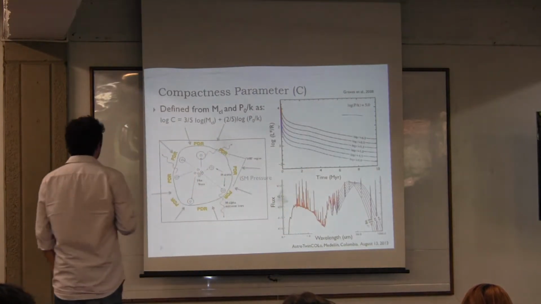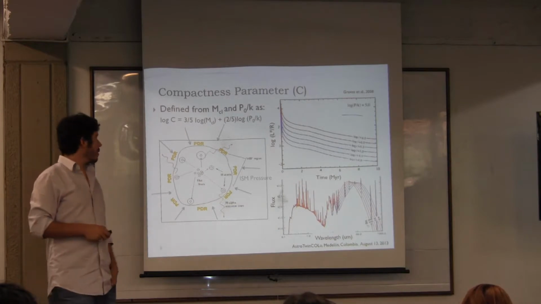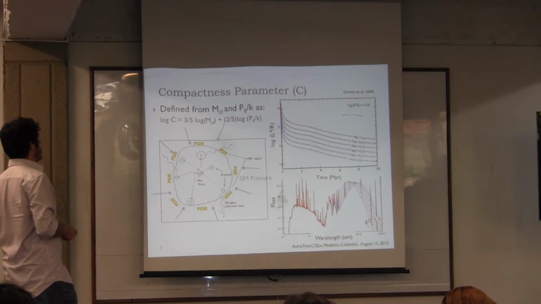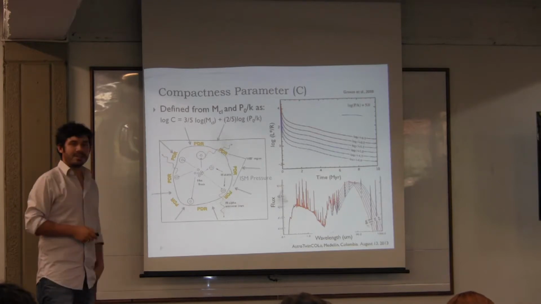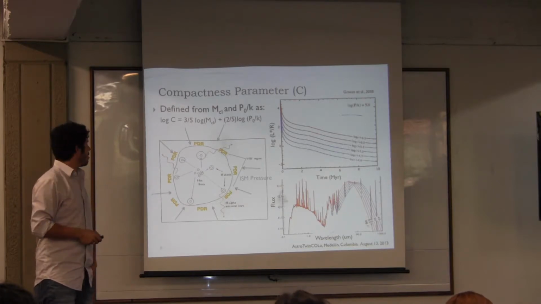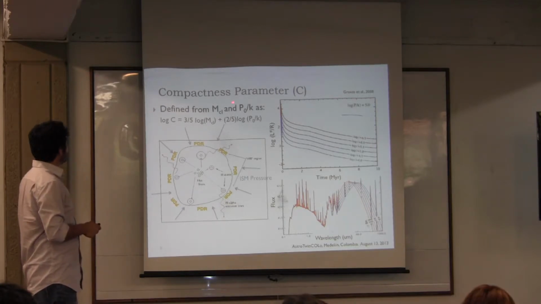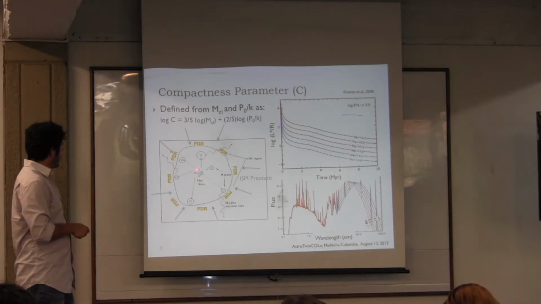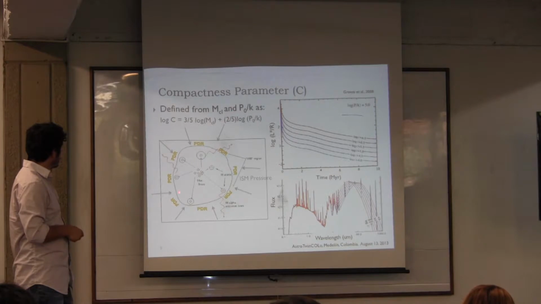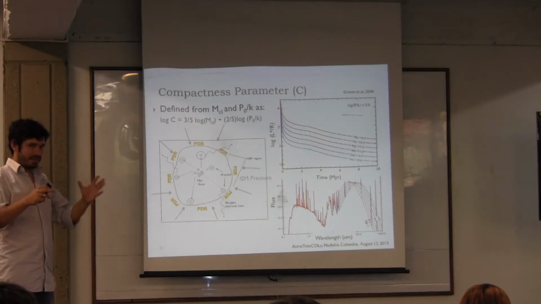And finally, I am forgetting a very important thing, which is a very interesting parameter called the compactness parameter. And that has been one of the driving forces of my research. I'm probably getting tired of hearing the word compactness by now, but I still like it. This is basically something that has to do with two things. If you have your H II region, you have a cluster that has a certain mass, and then you have the ISM around it. And that ISM has a certain pressure that tries to confine the H II region.